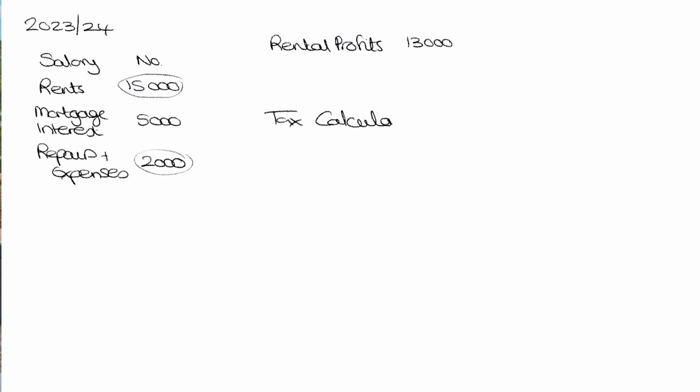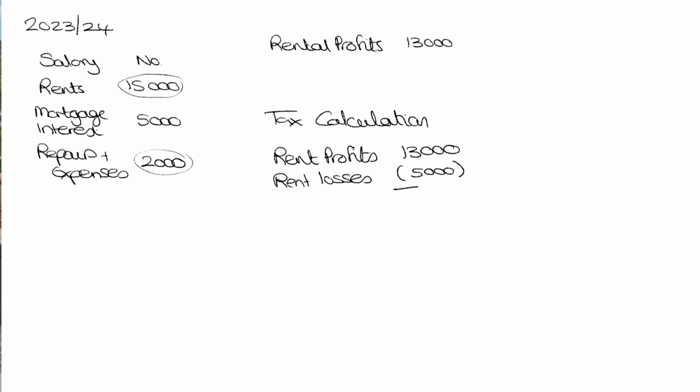So for our tax calculation, we will include our rental profits as our income. But before we get onto our personal allowance, we have to match our rental losses against our first lot of rental profits. So we will take off our 5,000 that we brought forward from last year to give us actually 8,000 of taxable income,